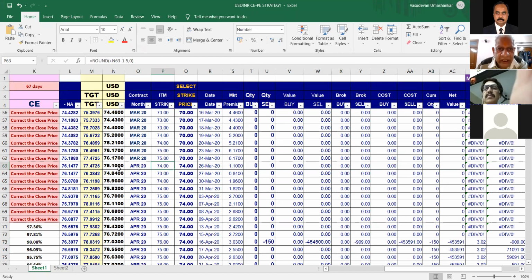N63, this market rate minus 1.5% में दे रहा हूँ, 1.5 rupees दे रहा हूँ, ठीक है, minus. So it comes to 74, rounding off. So here I have taken it like that. I have put a class that it for the entire month. Yeah, this one and model is equal to F O63 and this thing. ये तो आप लोग को पता है Excel sheet में, ठीक है. तो the entire month we will play only on 74 strike,